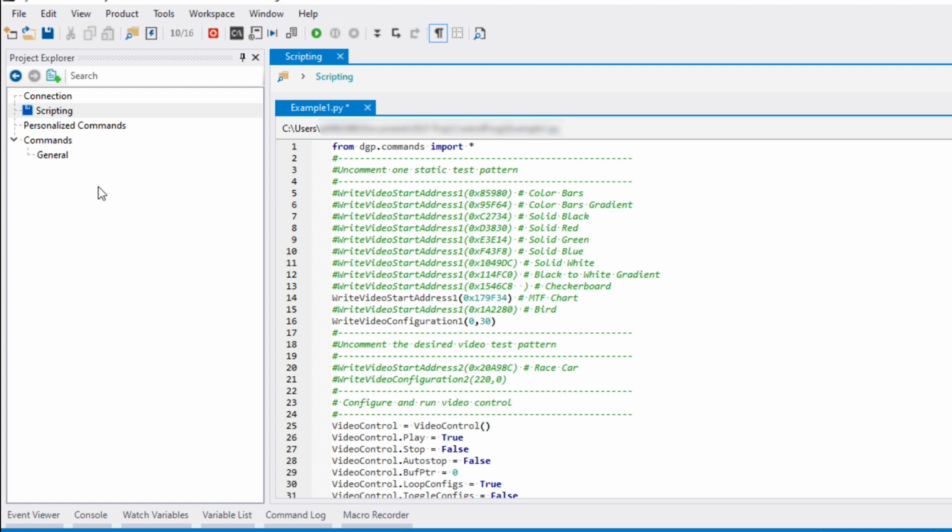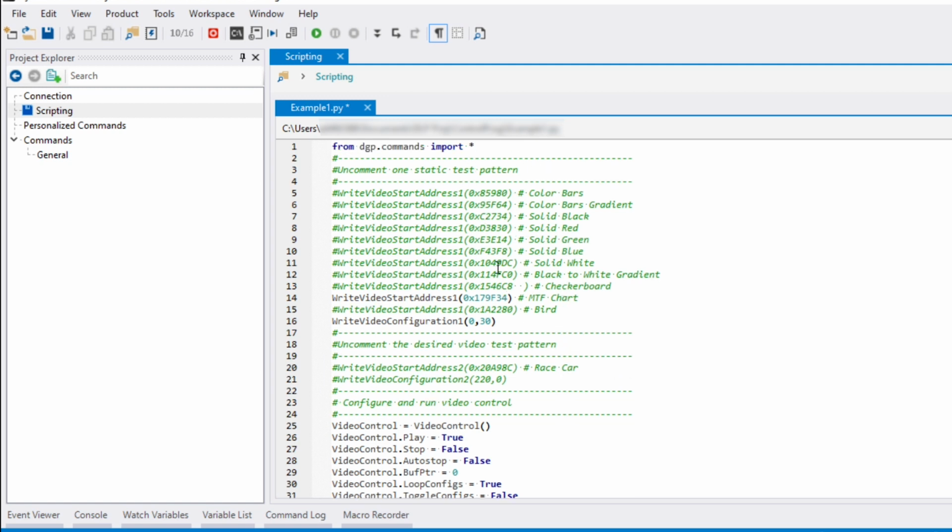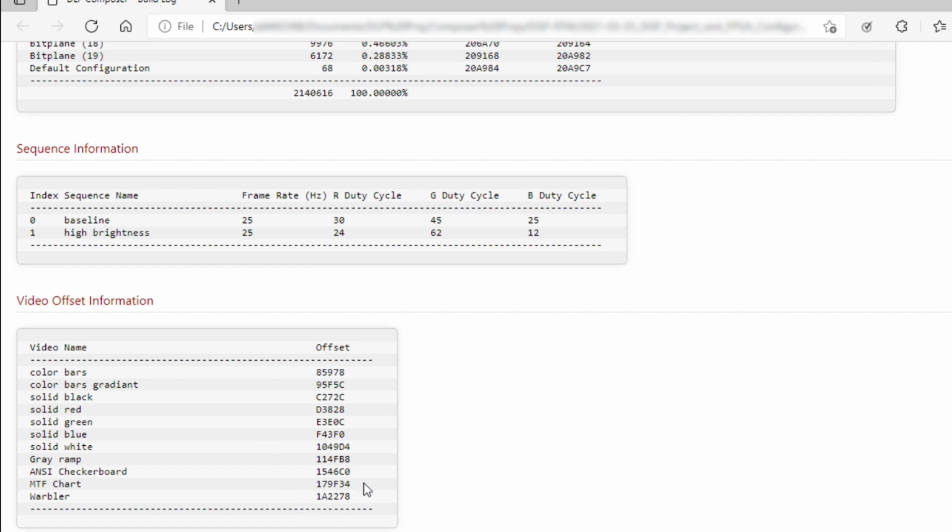This is donor code that is given inside of the documentation. From here, you can create a script to select an image or change other options. Pay attention to the hex values. This information is from the build log that was shown before. This lists all the addresses of the images that are saved on the EVM. Reference this when changing images.